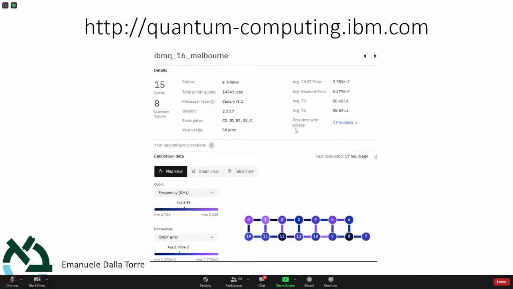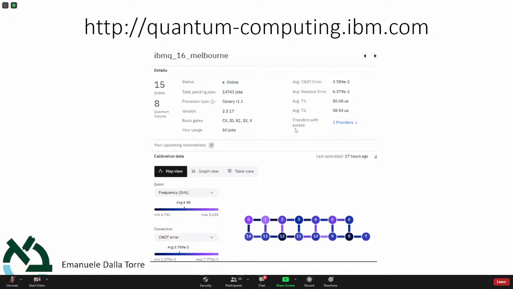So let me give you as an example IBM quantum computing. I understand that yesterday you had a short introduction to this field. You basically go to this website, you register, and you enter. When you enter, you're offered a choice of quantum computers available on the cloud. This is the largest one that is available for free to everyone. Actually, it's going to be closed soon, it's going to die soon, this quantum computer. For the moment, it is still online. It's an old one, about four years old.